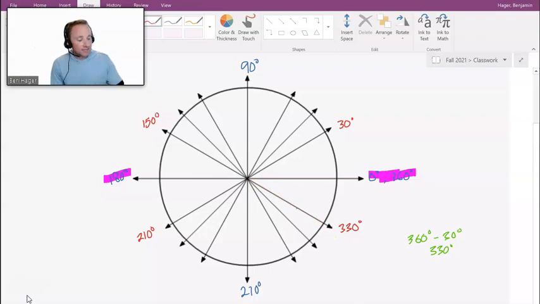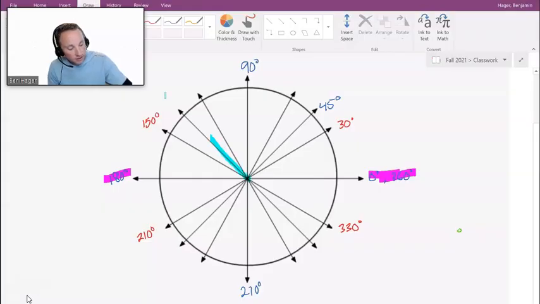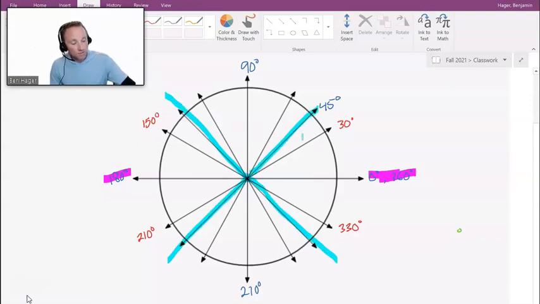And we can use that exact same concept to generate the rest of these angles. See, this common angle here is a 45-degree angle. And if you notice, I have a few other 45-degree slices in my circle. There, there, and there. Right? All of those angles are 45 degrees off of the x-axis. They're either above or below the x-axis by 45 degrees, so they all have a 45-degree reference angle.